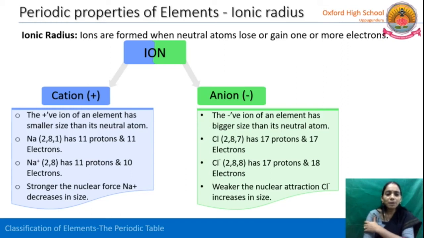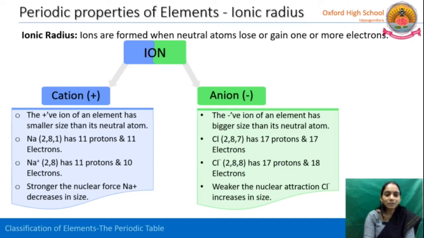The sodium ion is formed when sodium donates one electron. Now 11 protons are there, but one electron is donated, so 10 electrons remain. The sodium ion's electronic configuration is 2, 8. Now which one is stronger and which is bigger? In sodium, 3 shells are there. In the sodium ion we have 2 shells. So the sodium ion is smaller in size compared to its neutral atom sodium.